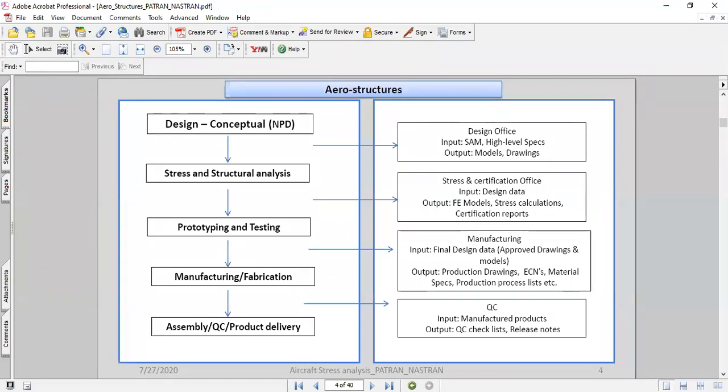Once the test results correlate with the results from your analysis, the final design phase is certified and fulfilled, and then it goes into manufacturing or fabrication. After manufacturing, it goes into QC, where your supply chain and different departments come into the picture, and finally it goes into the assembly line and product delivery.